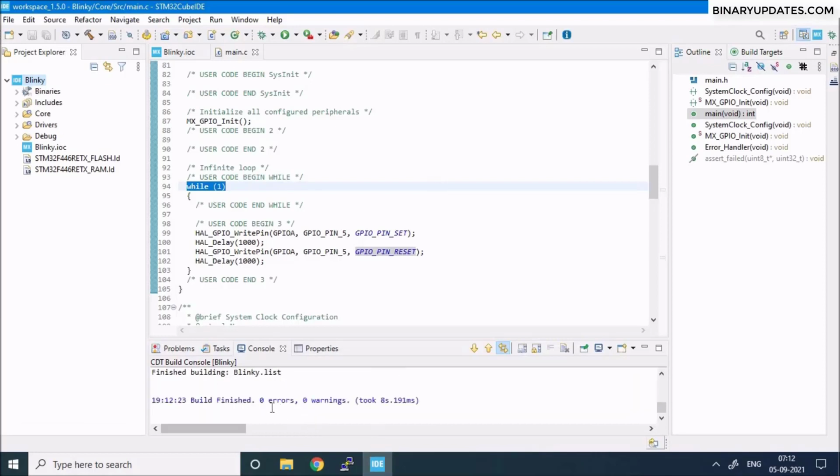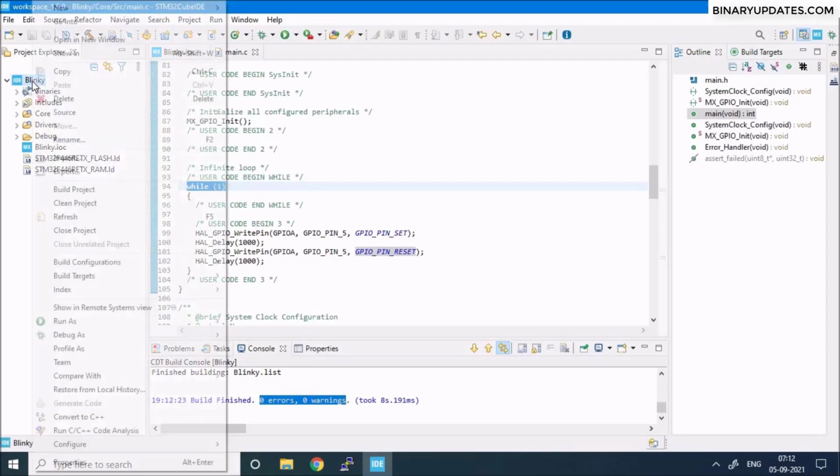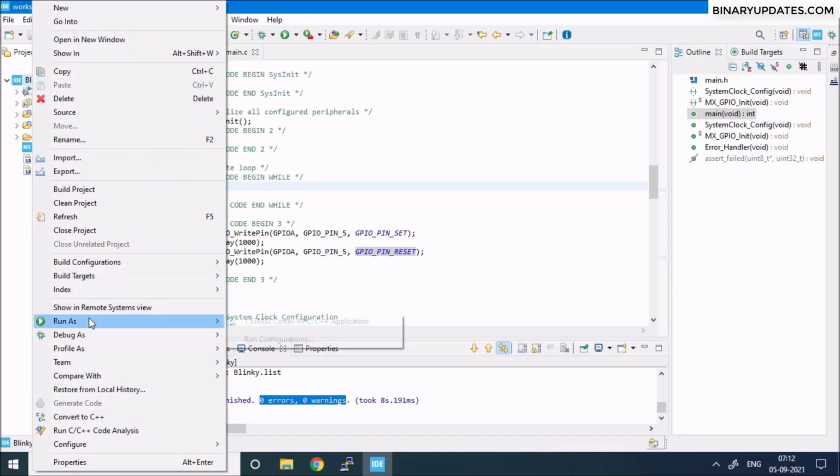So you see we have 0 errors and 0 warnings, so it looks good. Now we have to go back to the project explorer. We select the project name, right click, and then click on Run As, and then select STM32 Cortex C++ applications. Now make sure your STM32 Nucleo board is connected to your laptop's USB port, and the